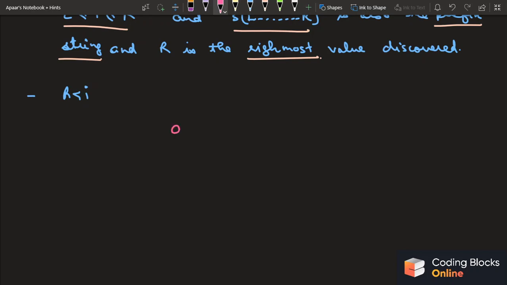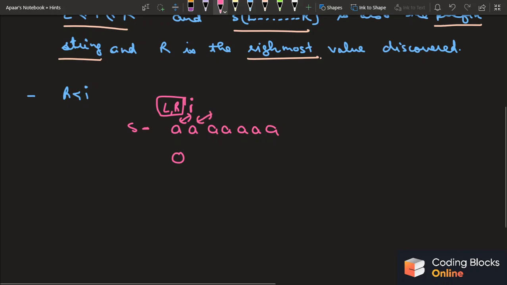So let's say we have this string, right? Let's say this is S. So guys, we know that Z0 will be 0, of course. Then we'll start from 1. Let's say I is over here, and initially L and R are at 0, right? So what I'll do is I'll simply match I with L, then I'll match I plus 1 with L plus 1, and so on, right? The same way as I did in the trivial algorithm, the basic naive approach, right?